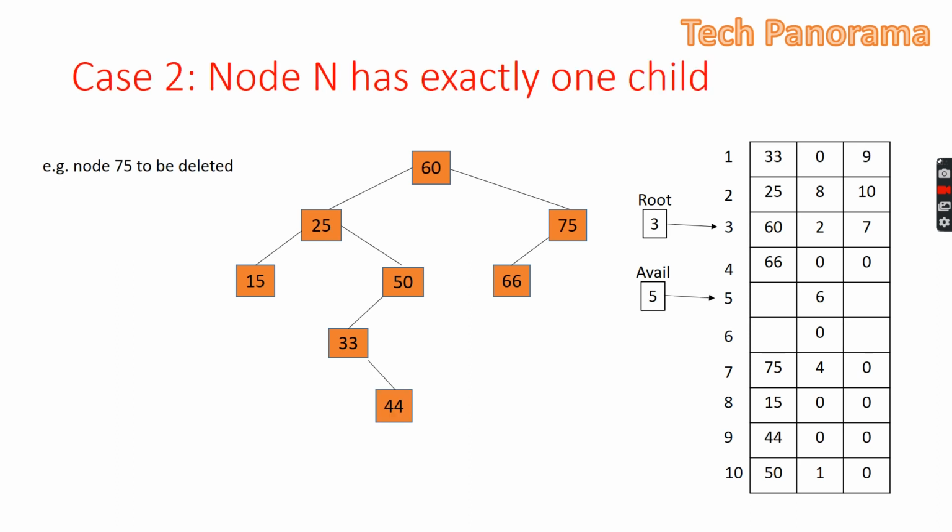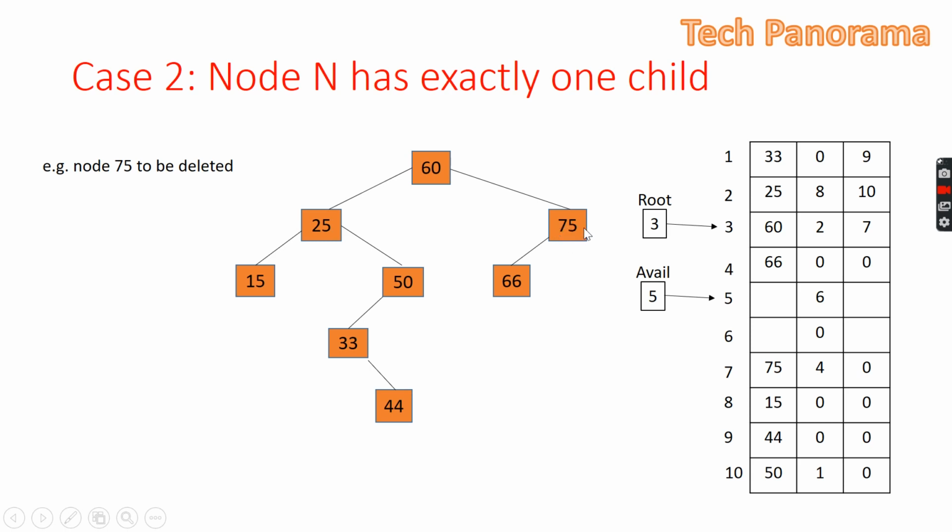Next, we are taking the case of the node which has only one child. For example, here are a number of nodes which have only one child, like 66, 75, 50, 33. First I am taking the example of 75. When we want to delete the 75, it will first be found in the tree. It will be compared with 60. Now 75 is greater than 60, so we will move to the right part. So here we get the 75, and our pointer will point here. So the location is equal to 75 and the parent of 75 will be 60.